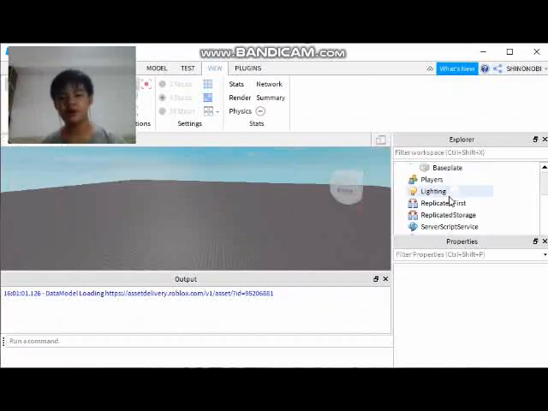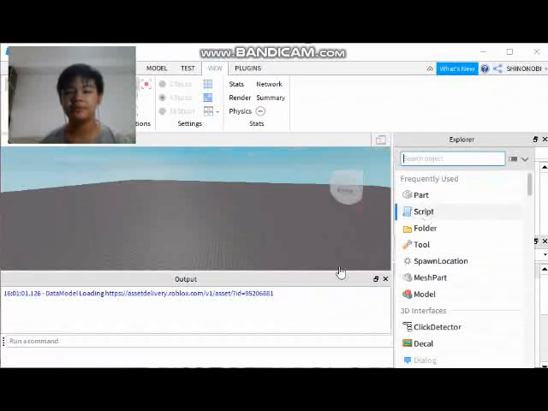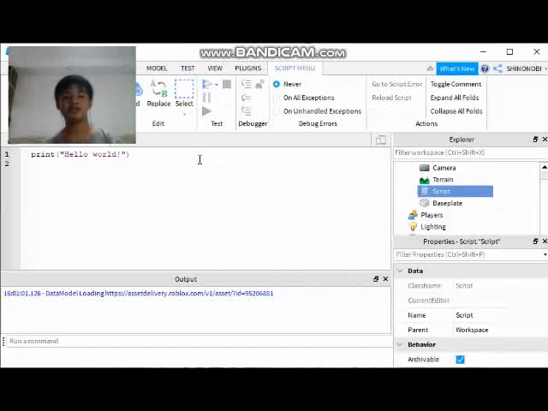Okay, so just go to the workspace. We're gonna have some terms and things. Now get a script. Okay, as you can see, this script has this thing. Just remove it. Okay. So for us to actually understand what scripting really is, we must first understand a few